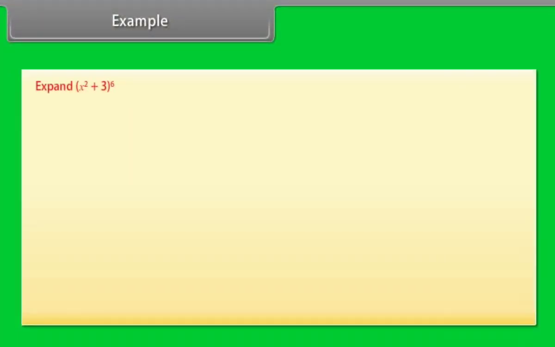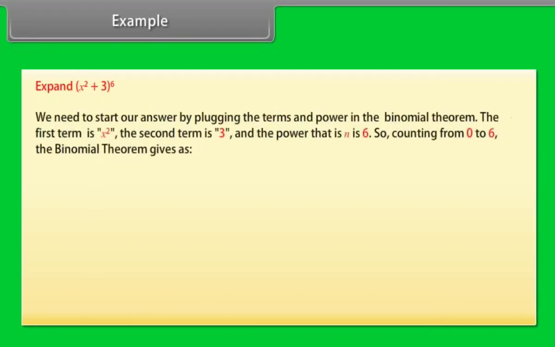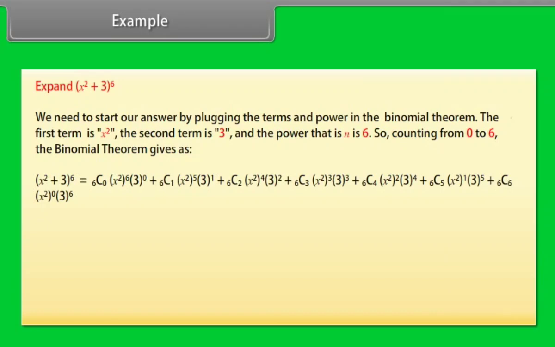Example: expand (x² + 3) raised to power 6. We need to start our answer by plugging the terms and power into the binomial theorem. The first term is x², the second term is 3, and the power, that is n, is 6. So, counting from 0 to 6, the binomial theorem gives (x² + 3)^6 equal to 6C0 into (x²)^6 into 3^0 plus 6C1 into (x²)